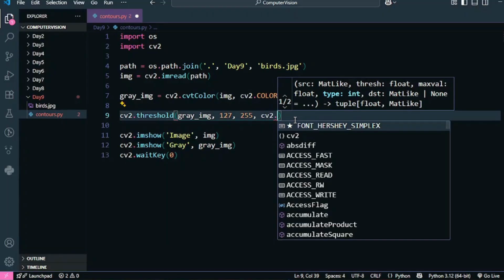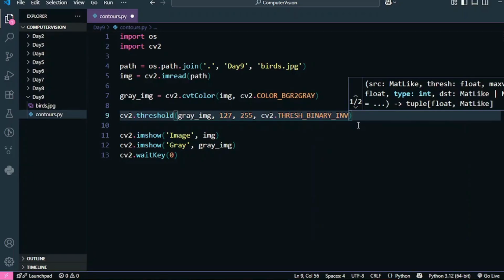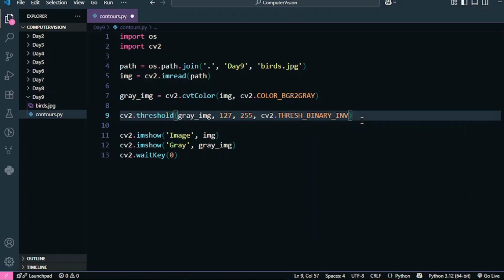If you remember, when we talked about thresholding, I used THRESH_BINARY, right? But right now I'm going to use THRESH_BINARY_INV. Let's see why we're going to use inverse and not THRESH_BINARY. When I use THRESH_BINARY, all the pixel values that are less than 127 are converted into a black pixel or a 0 pixel, and all the pixel values that are greater than 127 are converted into 255 or a white pixel.